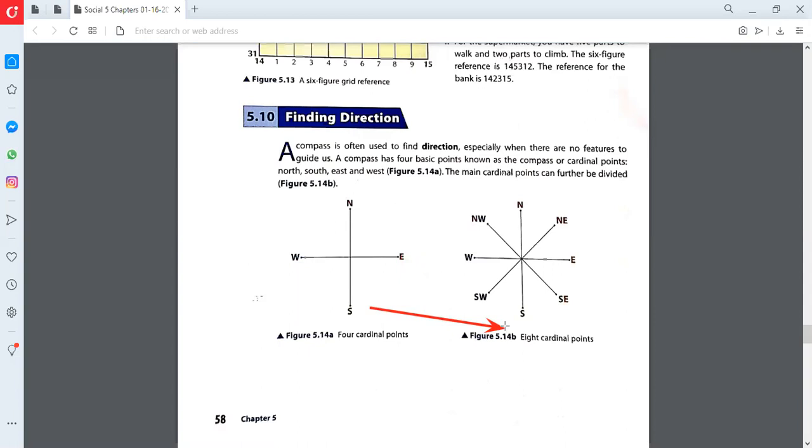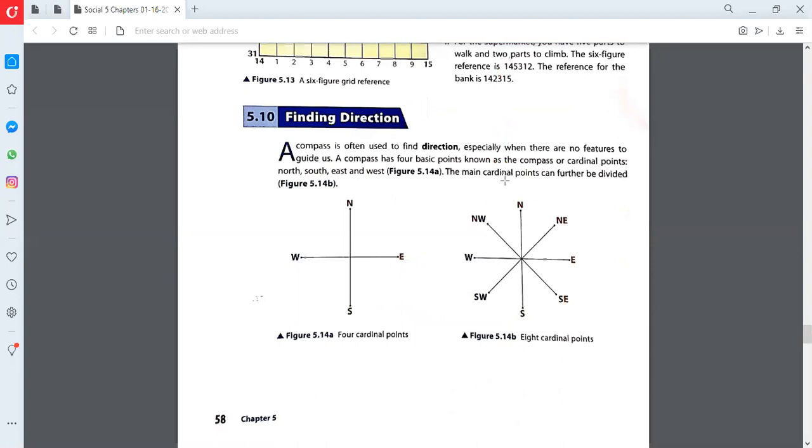You can move the direction. If you want to make a map like this, you say this is north, then this would be the south, and then we have the west, and then we have the east. So in this way we can change the directions. It's up to us. You can change it according to the map.